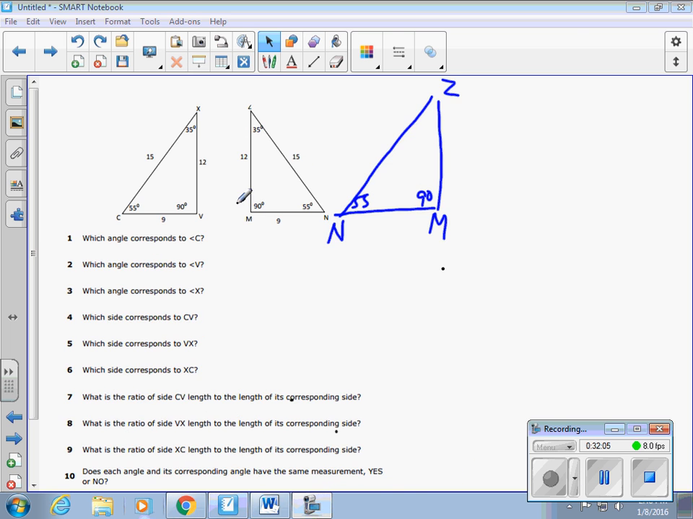All right. What angle corresponds to C? N. What angle corresponds to V? What angle corresponds to X? What side corresponds to CV? N, M. I was making sure we had that right. No, you need to have NM. Even though it's the same line segment, I need to make sure that N is matching up with C. Okay? All right, VX,